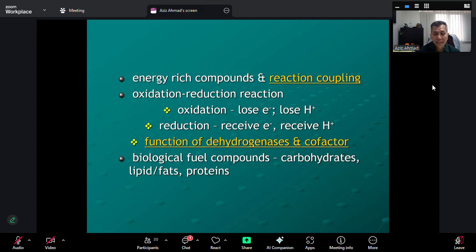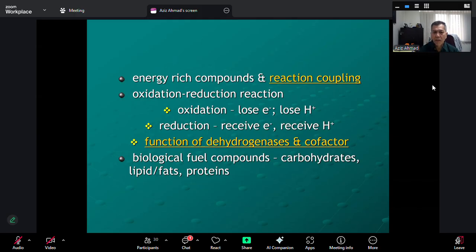And then during the reaction, it normally involves so many cofactors. Okay, so we call it a helper. So a helper in a process, during the catalyzation or metabolism, we call a cofactor. There are so many types of cofactor. It can be organic and also inorganic. So organic here, for instance,